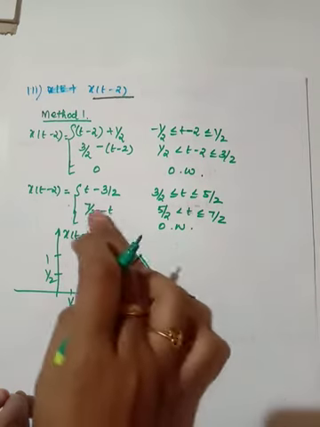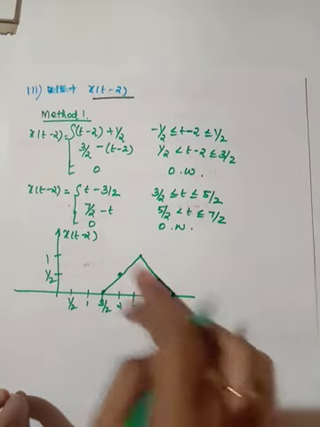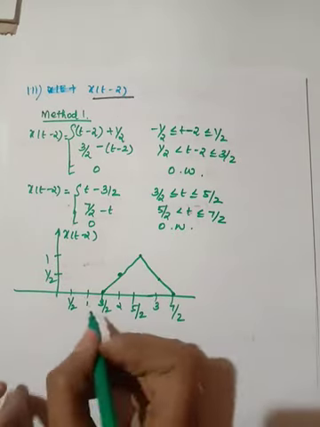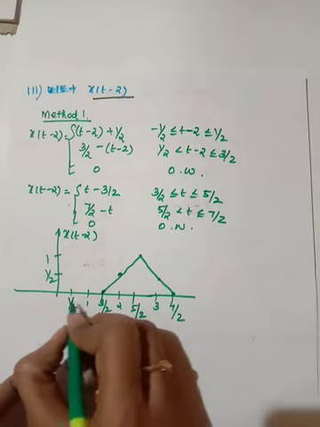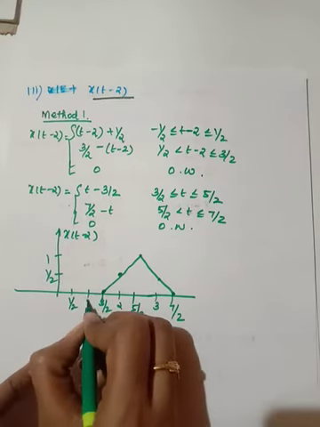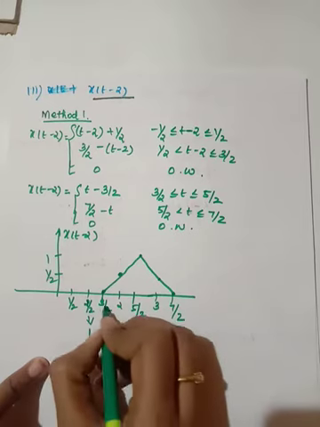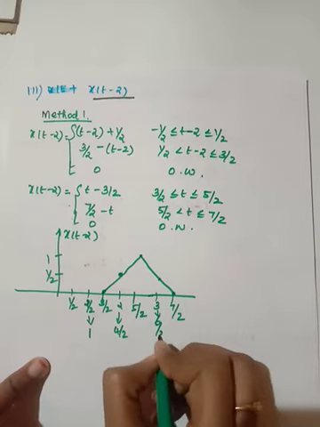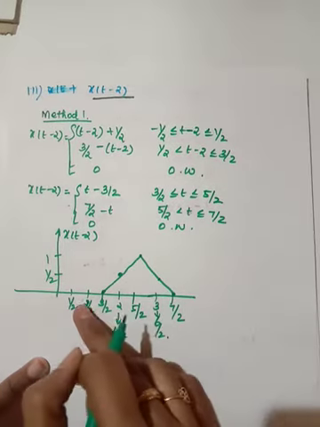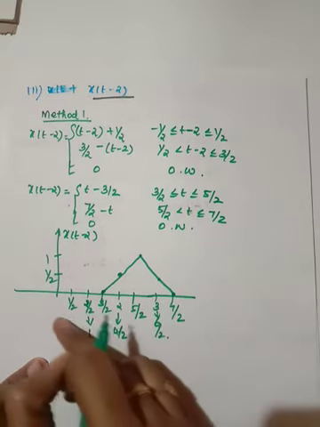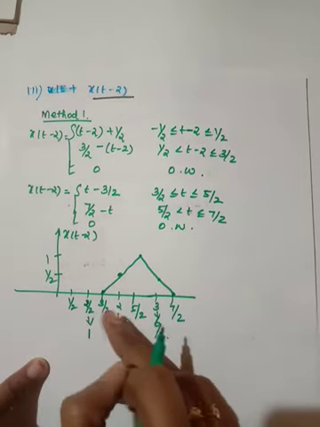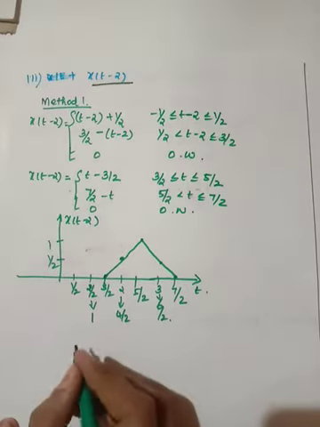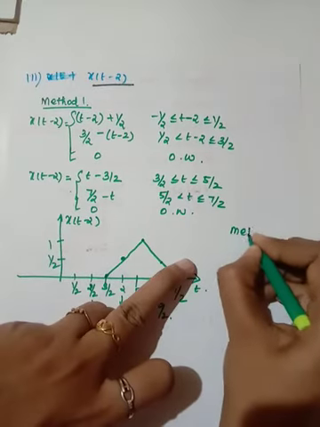Okay, when I substitute 3, that is 6 by 2, I am getting 1 by 2. When I substitute 7 by 2, I am getting 0. If you are having confusion in this scaling, it is 1 by 2, next it is 2 by 2, which is nothing but your 1, 3 by 2, this is nothing but your 4 by 2, then 5 by 2, this is nothing but your 6 by 2 range. So I have written these values. If you have confusion, you can write 1 by 2, 2 by 2, 3 by 2, that you can also write. Okay, so this is what I wrote using method 1, then by method 2.